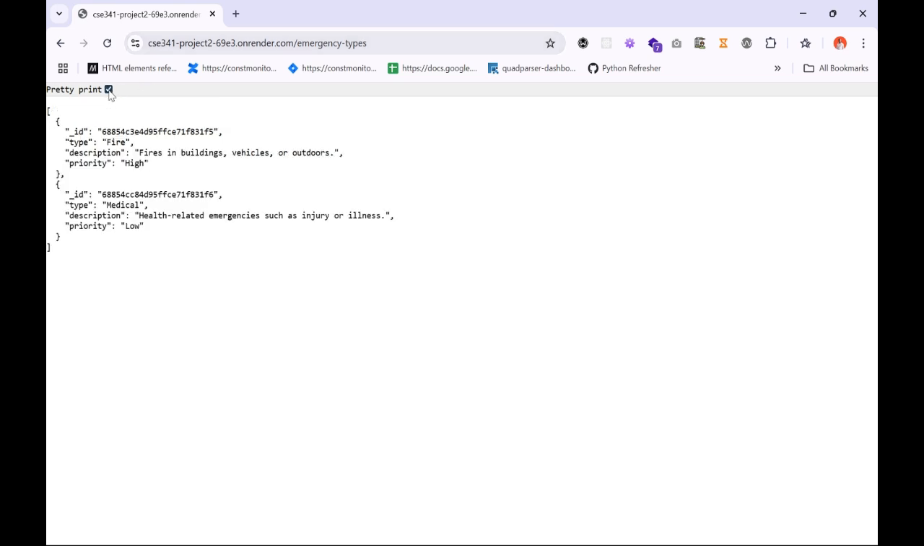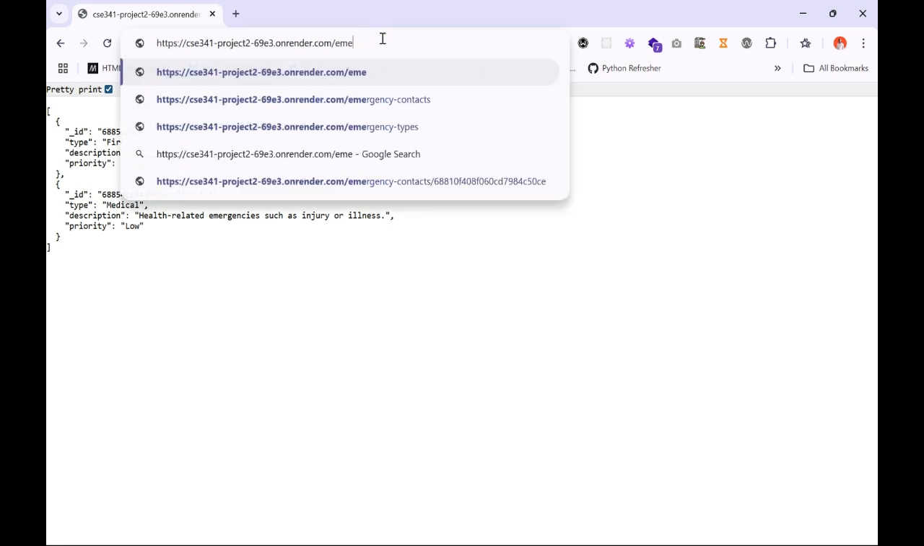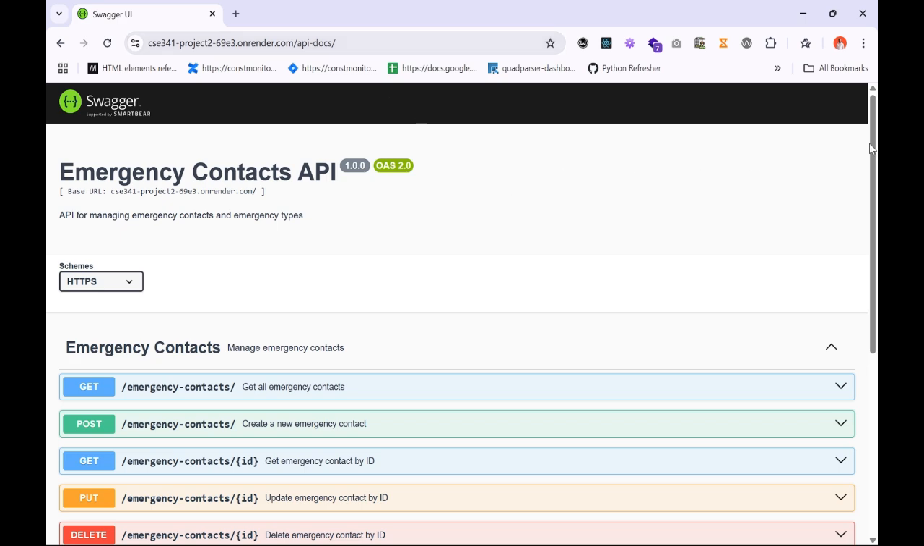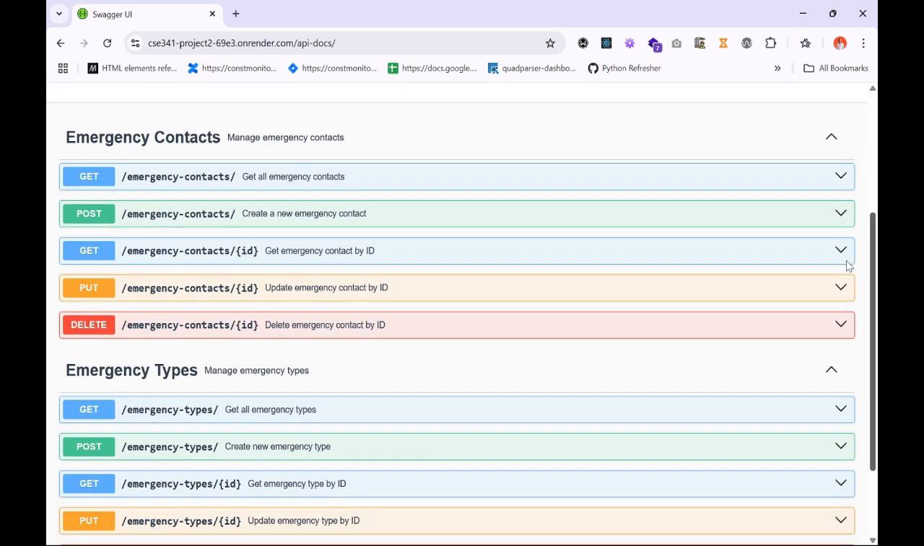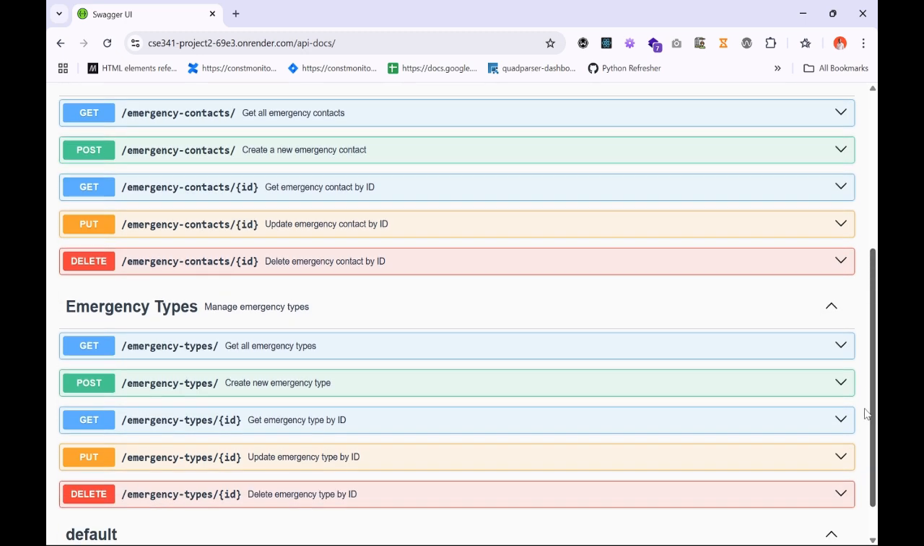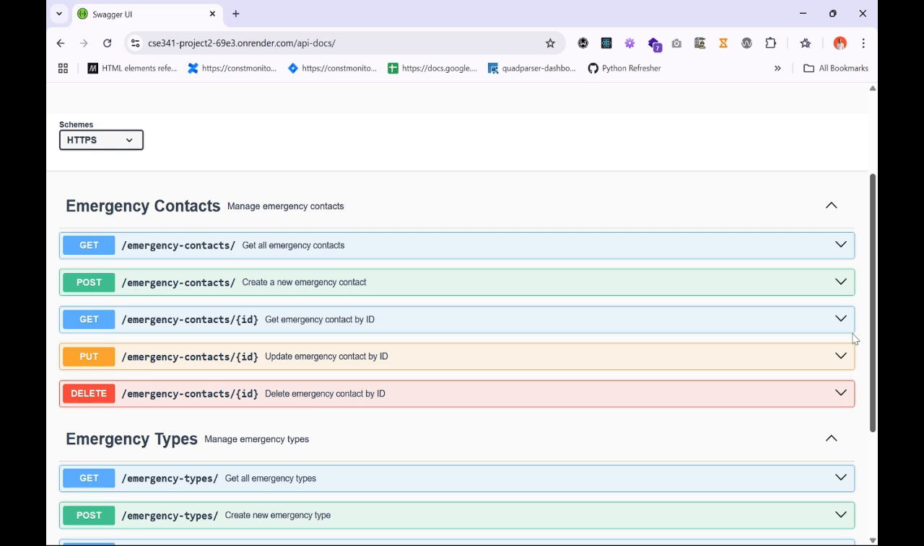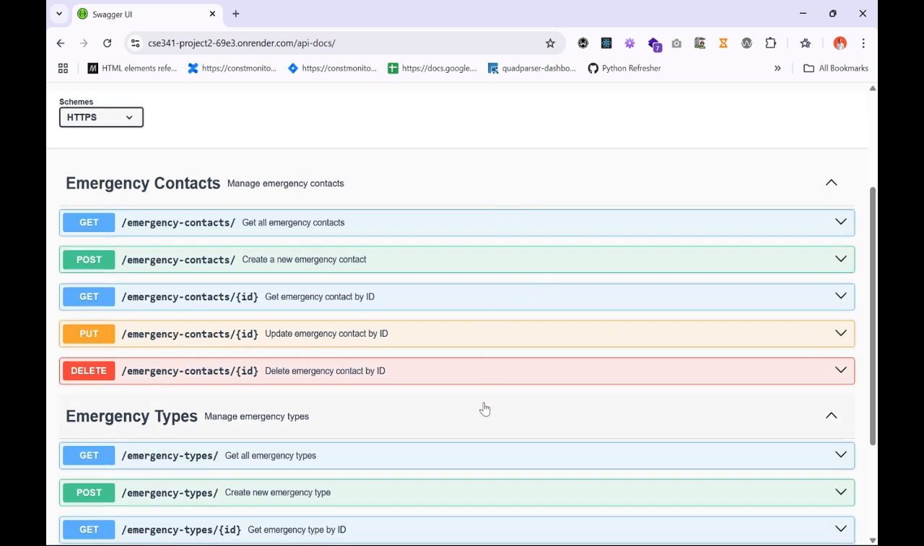also another collection in our database, and been able to build fully our API documentation with Swagger for this project. And when you look at our API, it's showing the collections that we already have in the database, emergency contacts and then emergency types. And so we are going to go through the endpoints for each collection